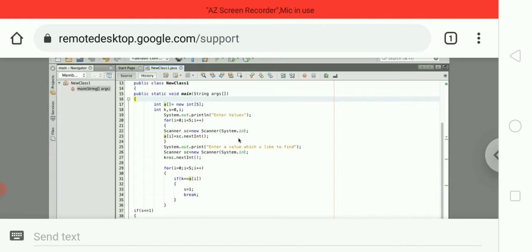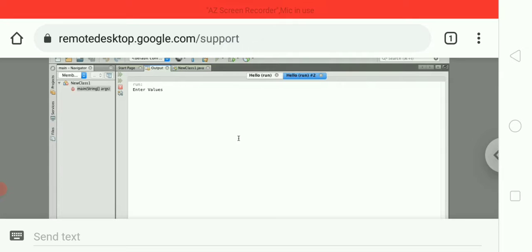So now I would like to check the value 30. So given value is found. So 30 is in the particular array. So that's why value is found.